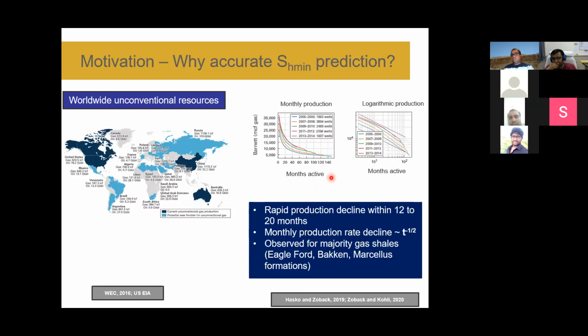But this kind of scenario is not only observed in the sample displayed here, Barnett shale, but in other formations as well: Eagle Ford, Bakken, Marcellus. You can find all these details in the Unconventional Geomechanics book by Jobak and Kohli. So we take that concept of what the production decline is, and probably consider the viscoelastic behavior of the shale as one of the causes, and we try to model it using laboratory data.